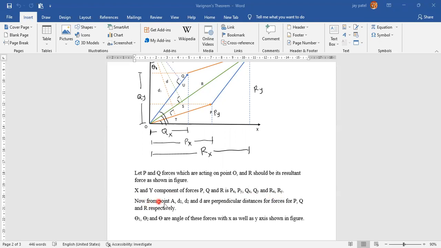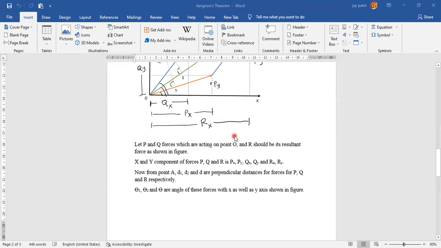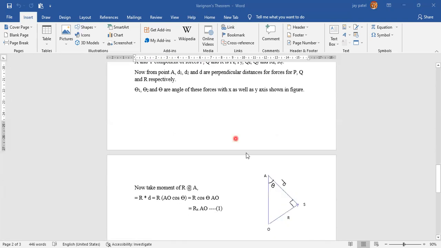Now from point A, d1, d2 and d are perpendicular distances for forces P, Q and R respectively. Now this is already discussed. Theta 1, theta 2 and theta are the angles of these forces with the x as well as y axis, as shown in the figure. Whenever you are going through these notes, I will share the notes, don't worry. Or in the recording, please consider here angles theta 1, theta and theta 2. Okay? Now